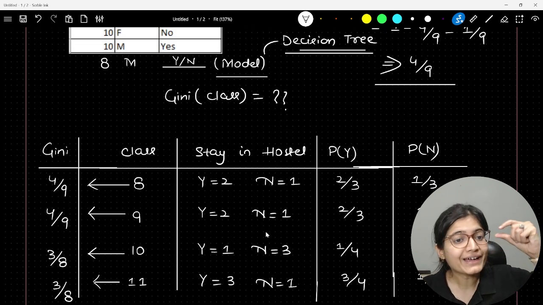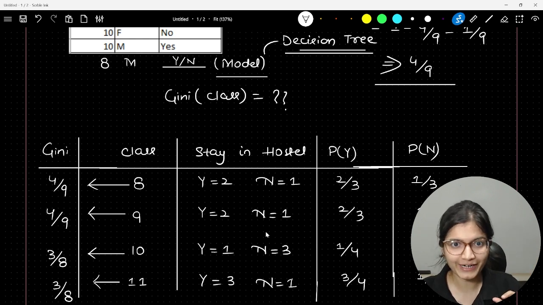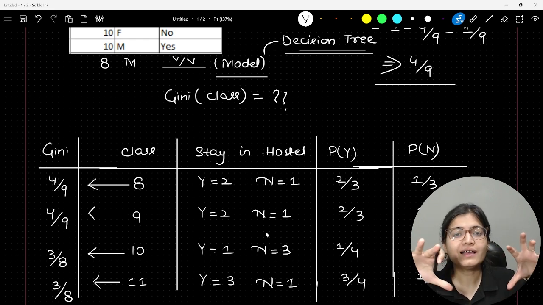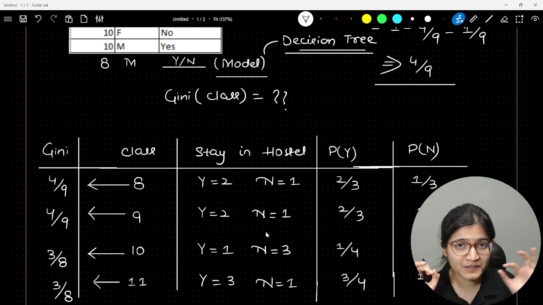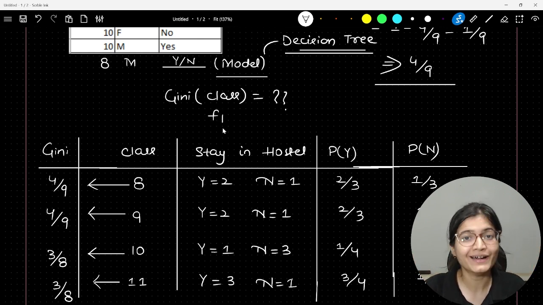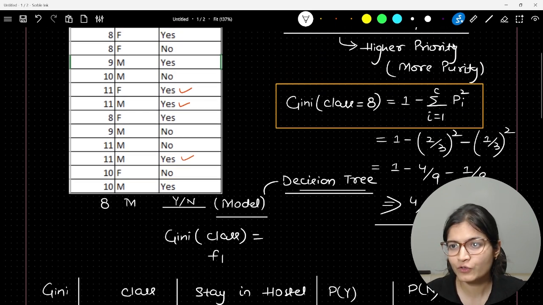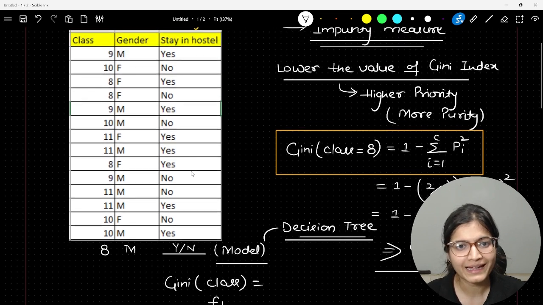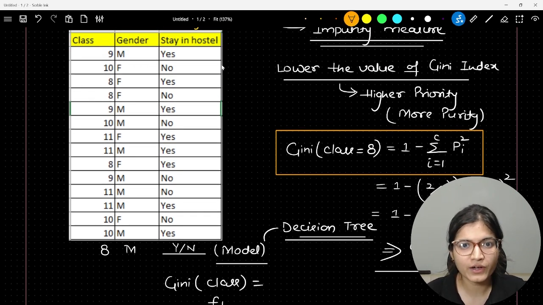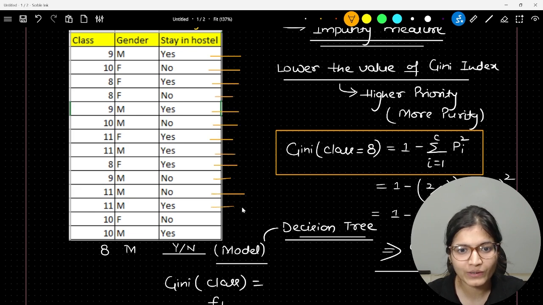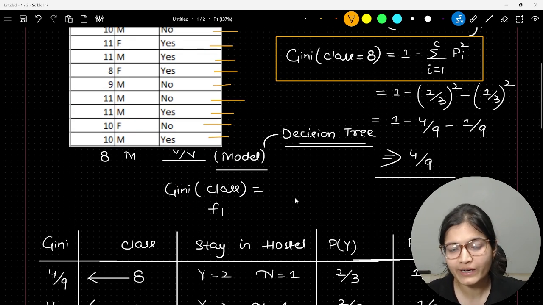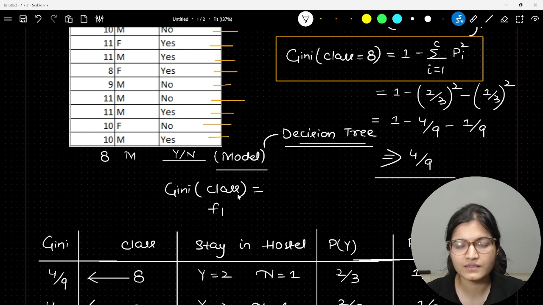So now I have a Gini index value for the individual classes, right? What I want is the Gini value for the overall class, because I want it for a specific feature F1, which is class. In that case, we will see how many records we have in total. If you count them, a few minutes back I counted it, and the number of records is 14, right? So here we have 1, 2, 3, 4, 5, 6, 7, 8, 9, 10, 11, 12, 13 and 14.